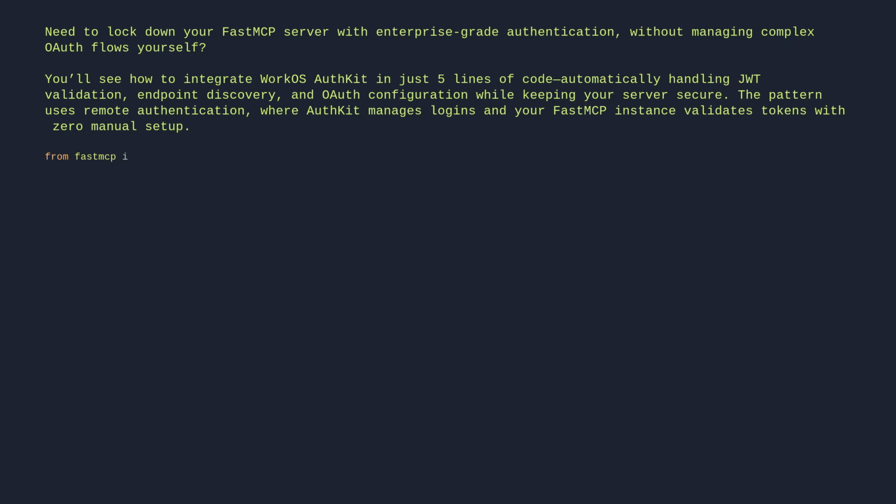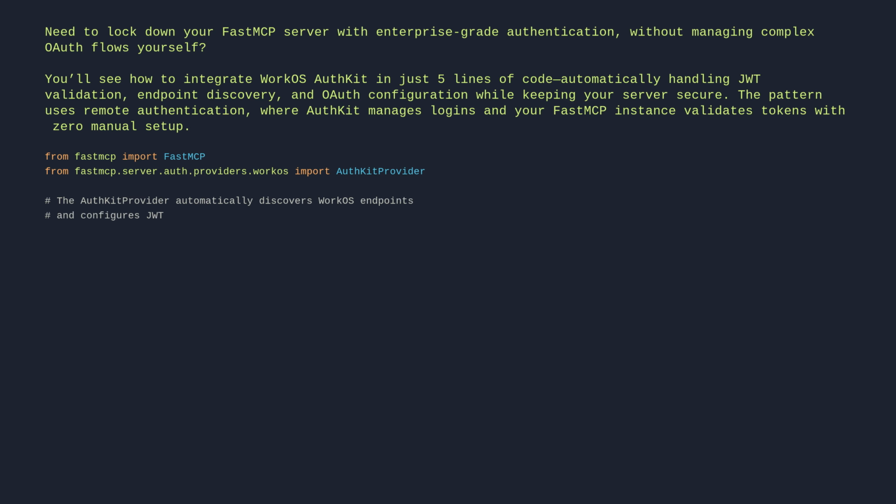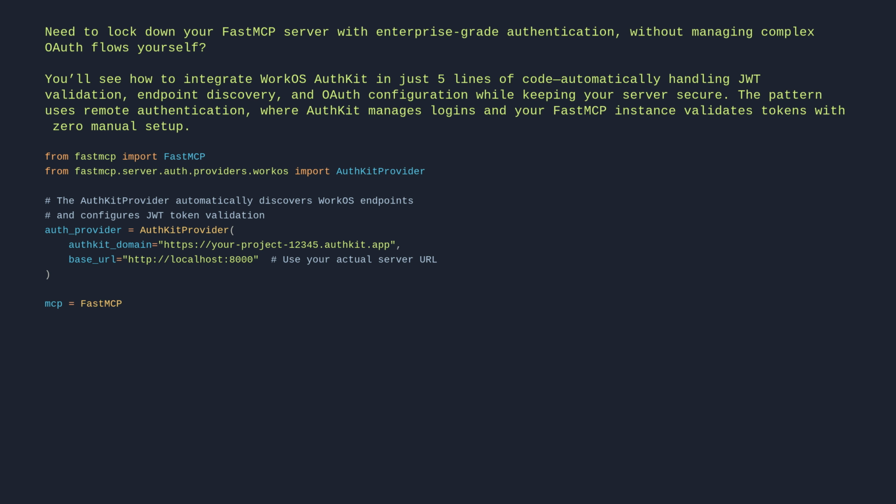From fastmcp import FastMCP. From fastmcp.server.auth.providers.workos import AuthKitProvider. # The AuthKitProvider automatically discovers WorkOS endpoints # and configures JWT token validation. auth_provider = AuthKitProvider(authkit_domain="https://your-project-12345.authkit.app", base_url="http://localhost:8000" # use your actual server URL). mcp = FastMCP(name="AuthKit Secured App", auth=auth_provider)